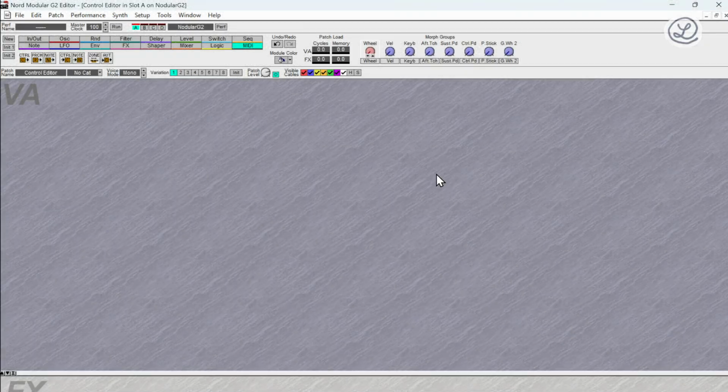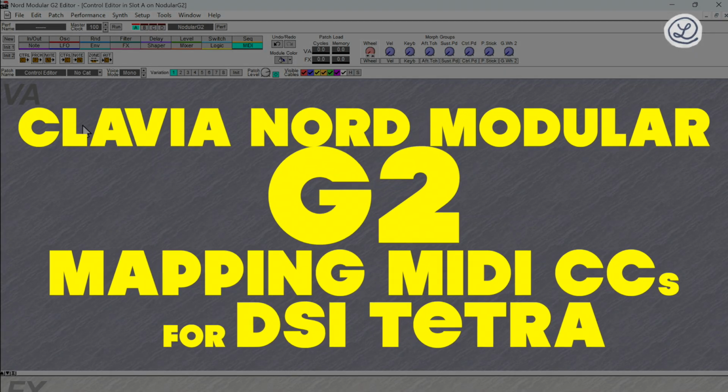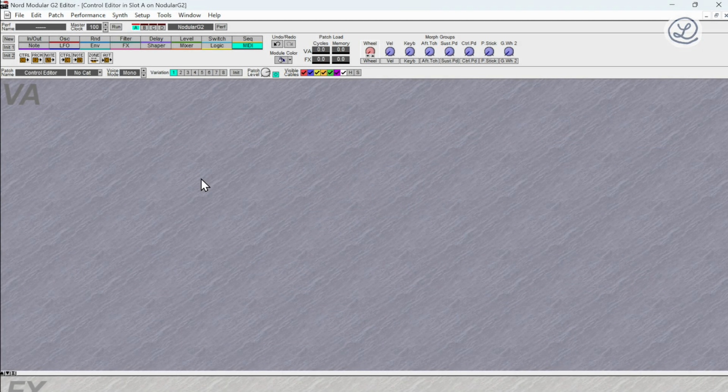Okay, this is our desktop of the synth, our module area, and everything we drag into this area is also dragged into the synth. I've called this control editor, and before we start, we have to connect the G2 via USB with the computer,